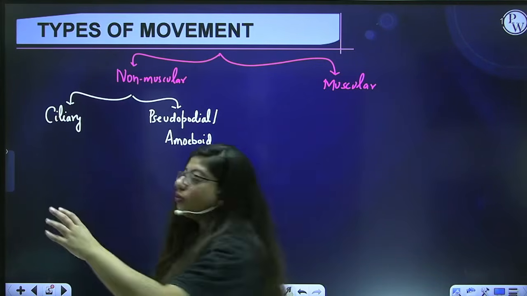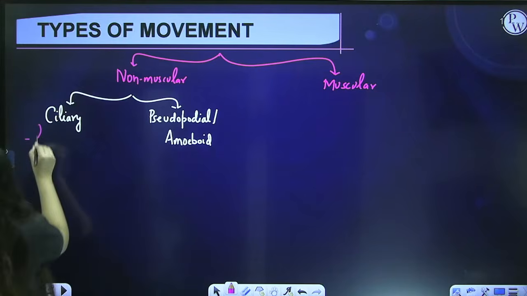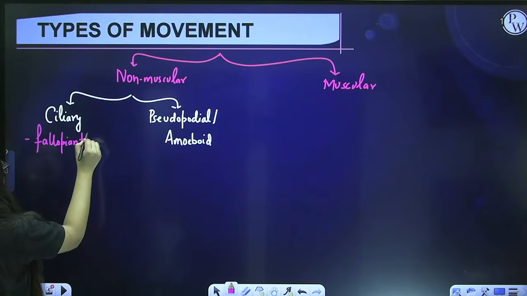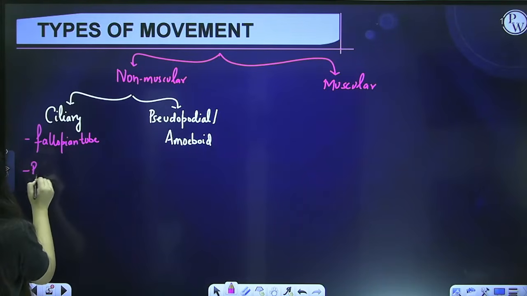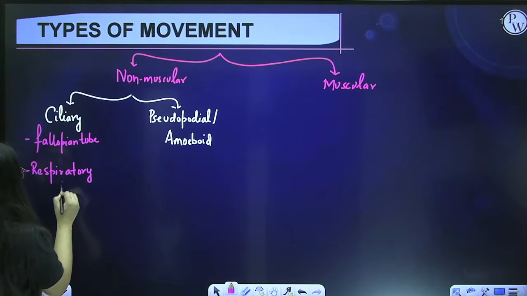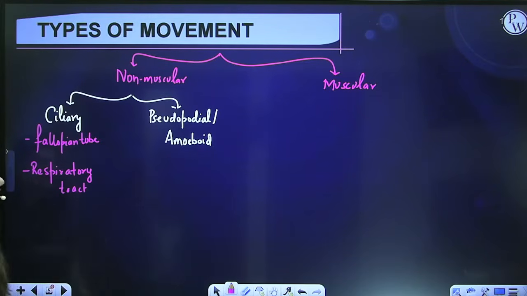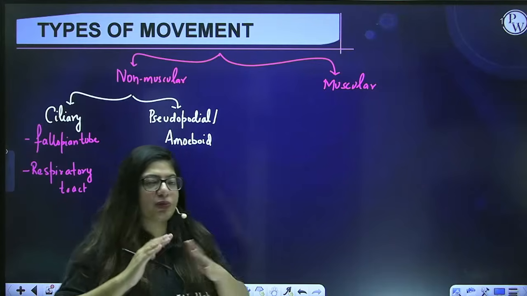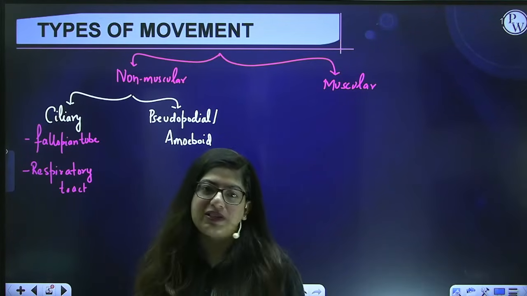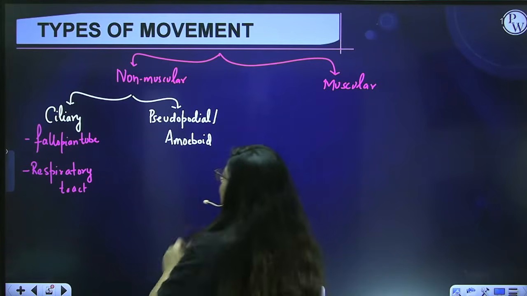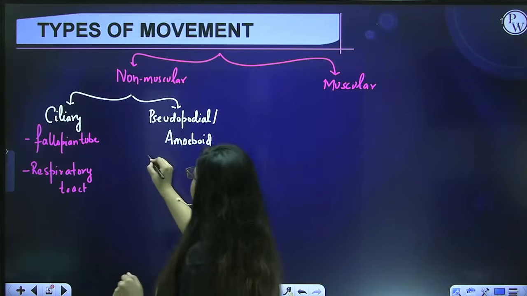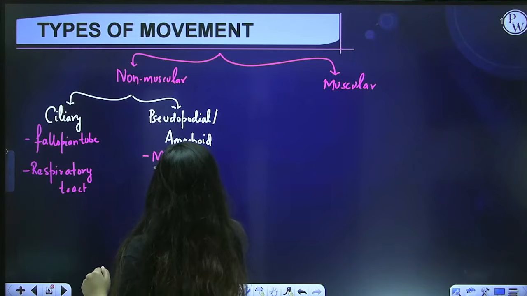So yes, we do perform ciliary movement, first in the fallopian tube. What are we moving in the fallopian tube? Ova or egg or gamete. And in the respiratory tract, what are we moving? We are moving, yes, the mucus and dust particles in a specific direction. So the position of cilia is in such a way that it will push out or pull out the things in a specific direction. Okay. Then pseudopodial movement or amoeboid movement, yes, it is also seen in our body in macrophages and WBCs.